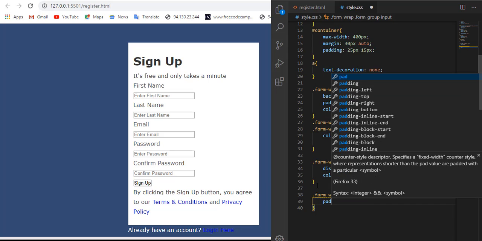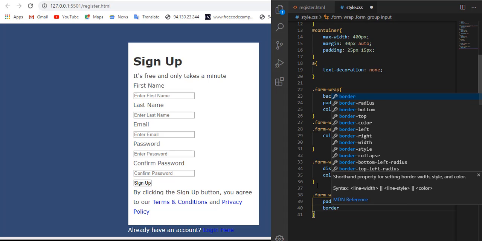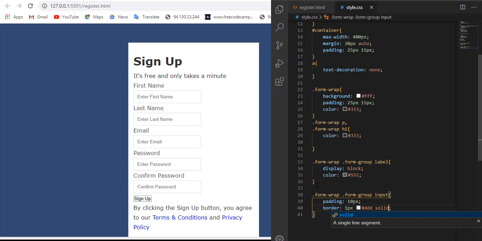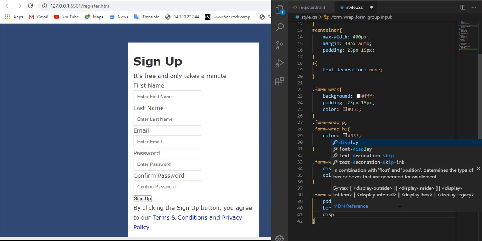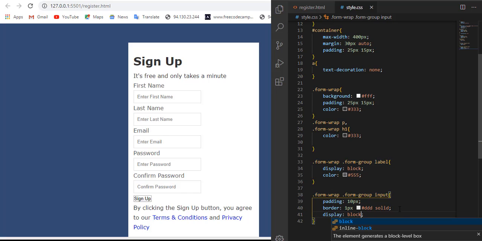So here I can add the padding of 10 pixels and the border of 1 pixel, color let us take white, gray and solid. So let us display also as block.